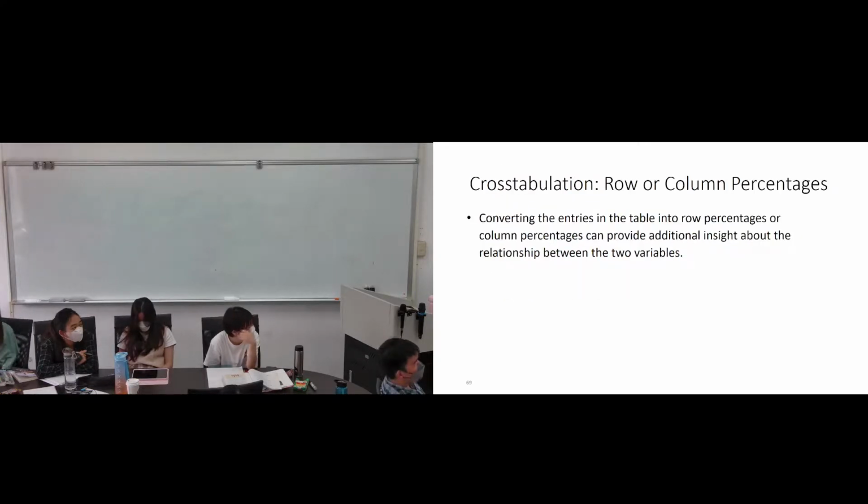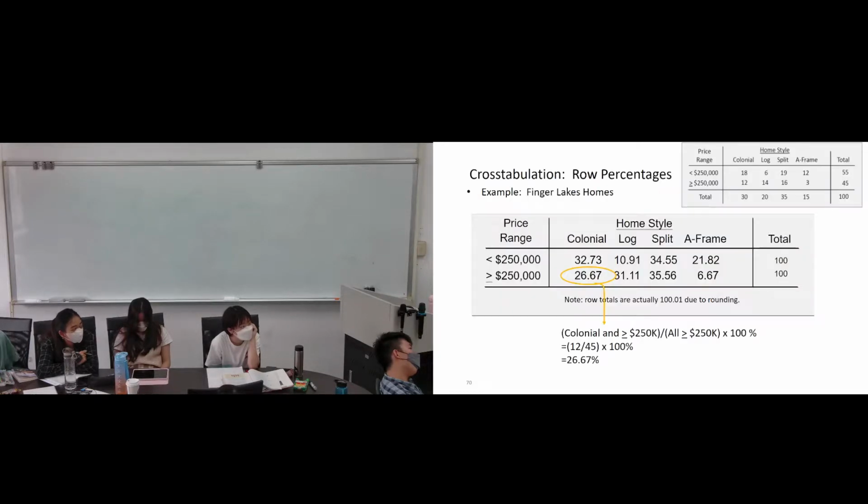We can also convert the entries in the table into row percentage or column percentage. That way we can provide additional insight about the relationship between the home style and the price range. Let's see, if we convert this original table into row percentage, what do we do? We divide 80 by 55. That's how we get